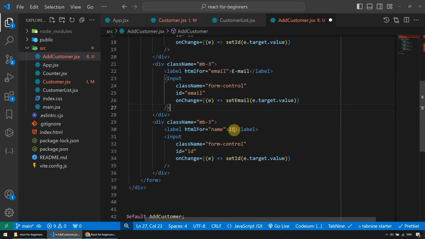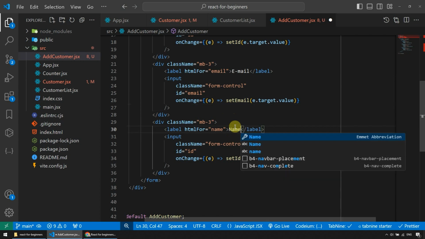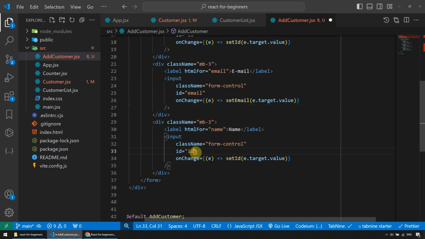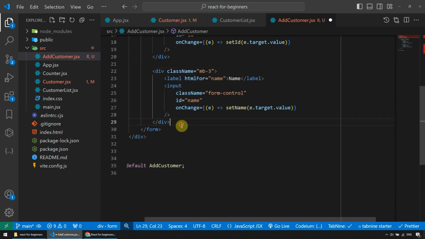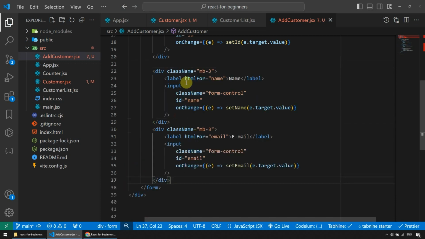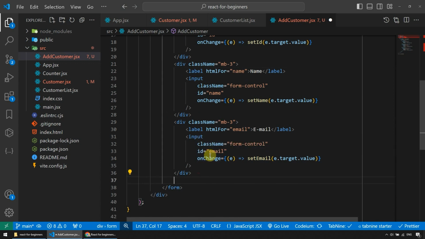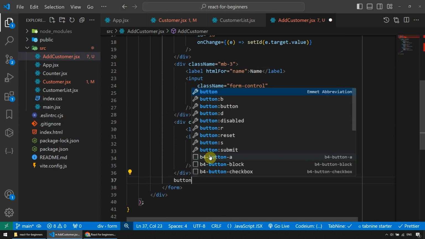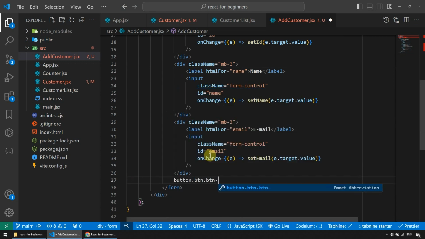Let's just have a name here and then just switch it around. So ID name and setName. Let me just cut and paste that like so, and finally have a button, let's say btn btn-primary